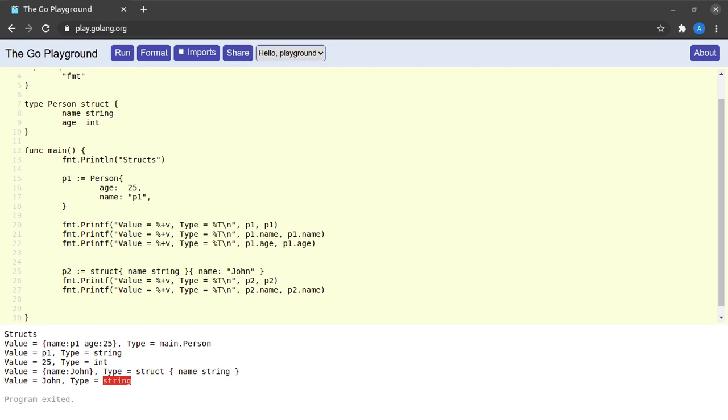Well, now where would you want to use something like this? Well, in most common cases, we will use such an anonymous struct when we want a certain structured data for a single time usage. Lastly, we are going to see that structs in Go are passed by value and not